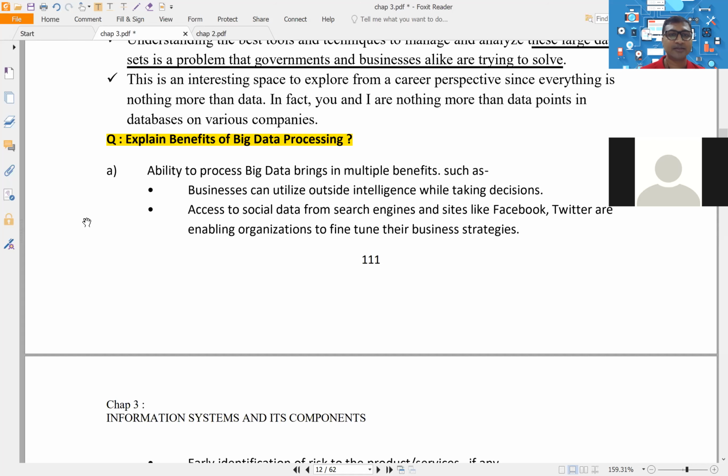Okay, so understand this, and based on this, mostly we have discussed here. When you are able to process big data, the benefit will be that you can take faster and good decisions, correct? And based on that, you can sell more products, more services to your customers. This was the crux of this particular part.